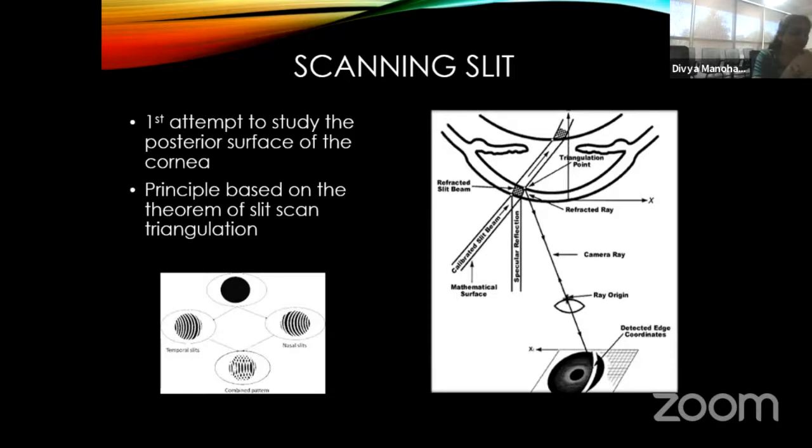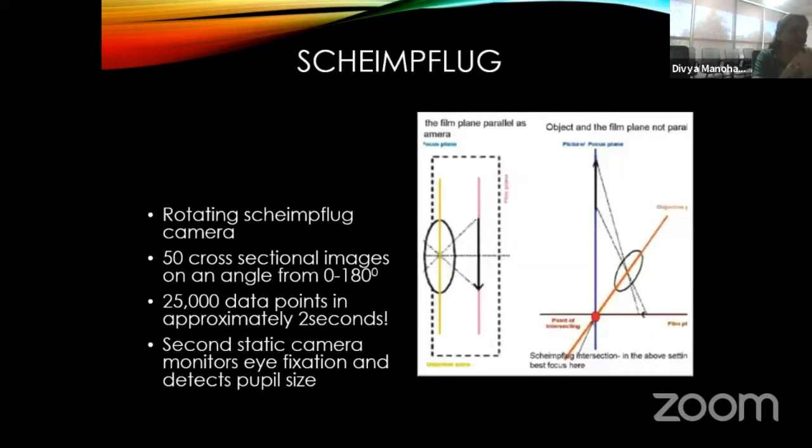entire corneal surface. The next technology that's available is the Scheimpflug technique. This is basically the technique where a planar subject is not parallel to the image plane. They use an oblique tangent, which can be drawn from the image object and the lens planes, and the point of intersection that is formed is the Scheimpflug intersection. The Pentacam provides data in the form of anterior, posterior, sagittal, and tangential curvature, and also gives us refractive power maps and anterior and posterior elevation maps.